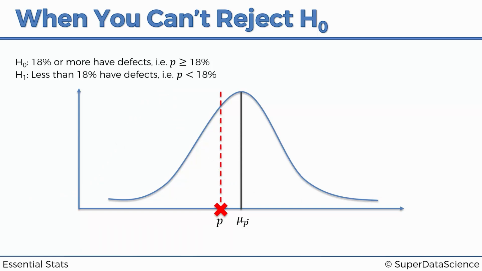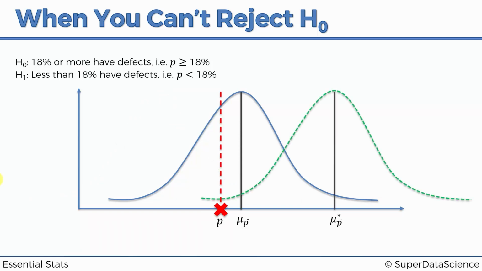let's just hypothesize a little bit more. Let's say we have a green distribution here. The question is, we're saying the blue distribution is true, but could the real distribution that's happening in the real world be this green one? Well, as long as we're sitting above the 5% part of the tail, yeah, this one could be the true distribution. It totally could be, and there's nothing stopping us from saying that,